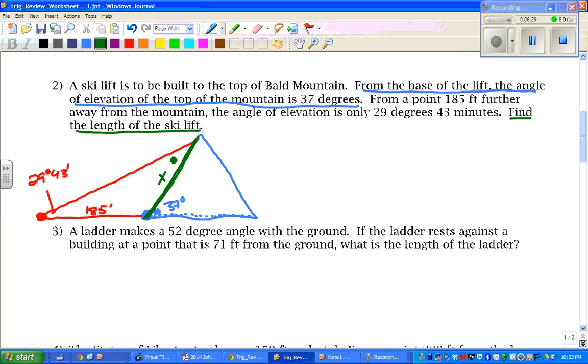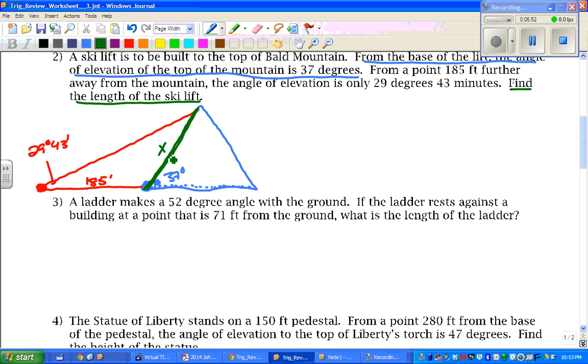So what I want you guys to do for problems like this, which is not a right triangle, is to at least diagram it out, so when we come back to it in the next couple of days, we know how to actually do it. So you're just getting practice drawing the picture without having to do any of the math. Okay, so I will be okay with you leaving this one right here. Now, if I look at a problem like number 3